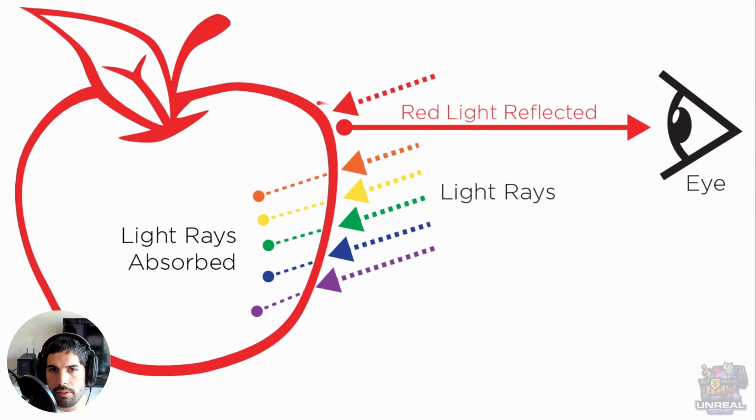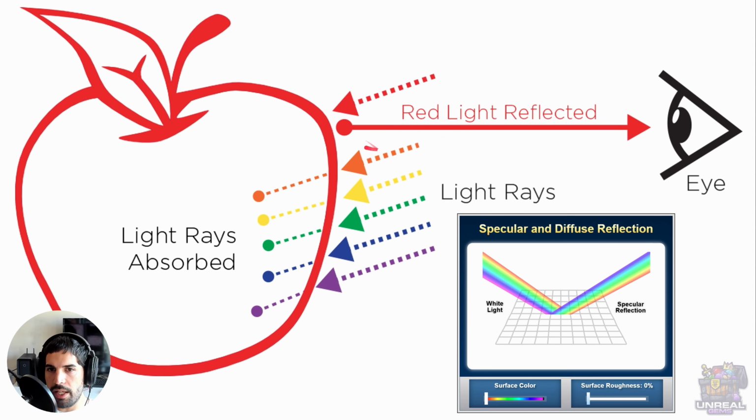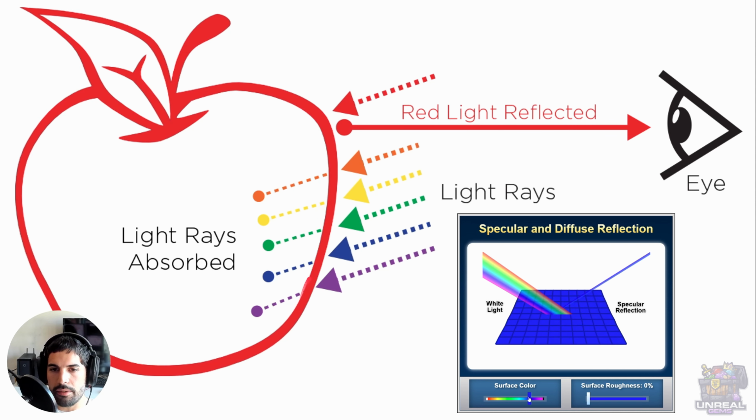So in this case, the skin of the apple will reflect mainly the red component of the light and will absorb the rest. That is why we only see red. So you can think that the objects emit light, but it is just that we see only the reflected light, and of course the surface of the object absorbs the rest of the light and dissipates it as heat, which